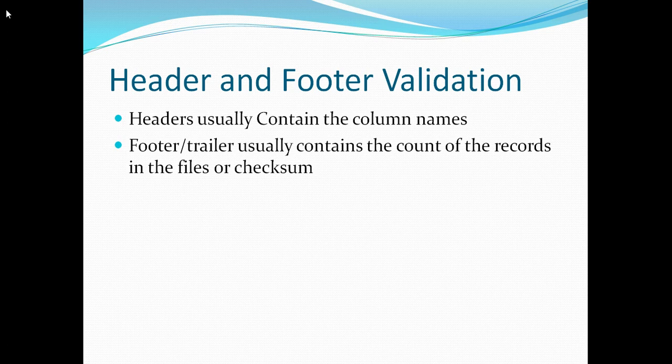So what happens is you configure an algorithm using which you create a checksum for that particular file, or you simply store the count of that file. Now if the count of the file does not match the trailer record, or if your calculated checksum does not match the checksum that is part of the file, you should report this to your source system: the file that was sent over SFTP is corrupted, you didn't receive the correct data.